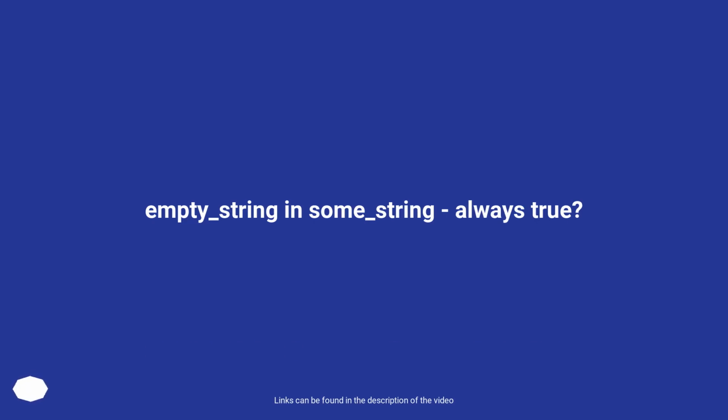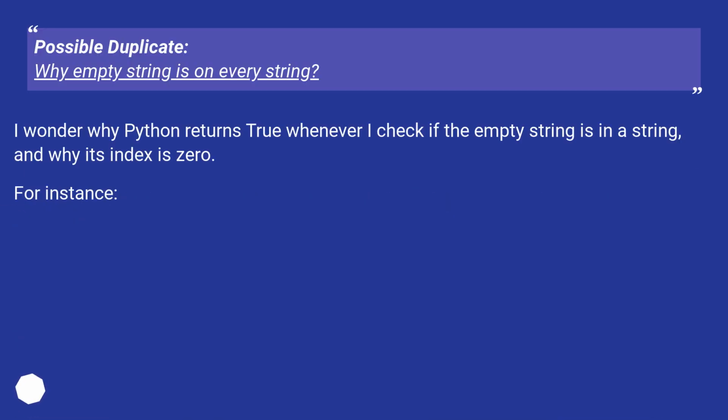Is the empty string in some string always true? Possible duplicate: why is the empty string in every string? I wonder why Python returns true whenever I check if the empty string is in a string, and why its index is 0. For instance,